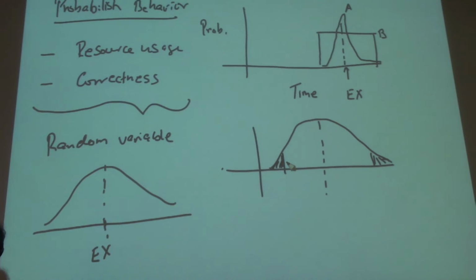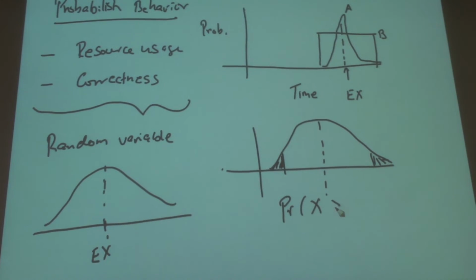And the way we want to understand the tails is in the form of a meta statement where we say, what is the probability that the random variable is very, very far from its mean? This kind of question, and there's a whole class of questions of this kind, are called tail bounds, because you're asking about the behavior of the tail of the distribution. And you can express this notion of far away in many ways, and we'll see a couple of them. It doesn't have to be greater than, it could be less than also. But this is a basic sense of the question you want to ask. And the tools we develop to answer these questions are tools we then can